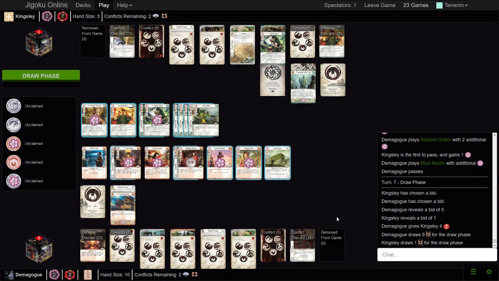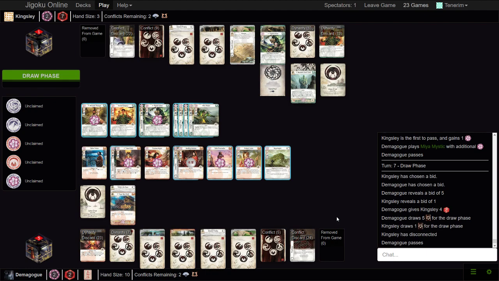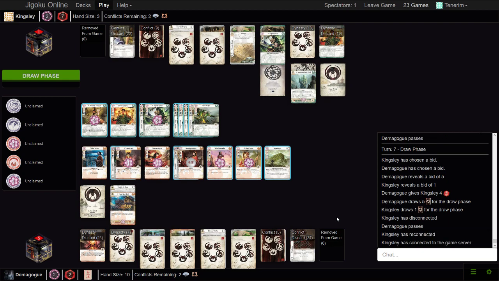I really wish I had a co-caster right now, because it's hard to talk about what's going to happen because the board state is really complicated and both players haven't even really passed in the draw phase window. In fact, I'm gonna see if I...